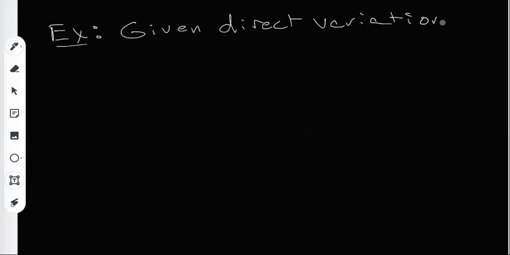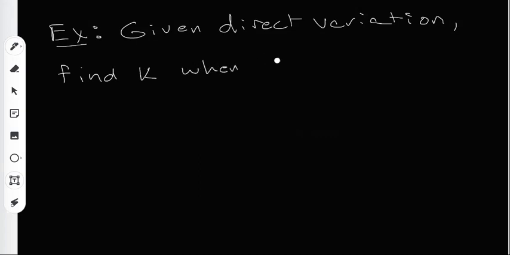Okay, so here's the first example. These questions are worded in a sentence, maybe 2 sentences, but never more than that. So your question is always going to be some type of paragraph. The first one, I'm going to say, given direct variation, the first thing I do is tell you what the type of variation is, whether it's direct or inverse. So given direct variation, find k